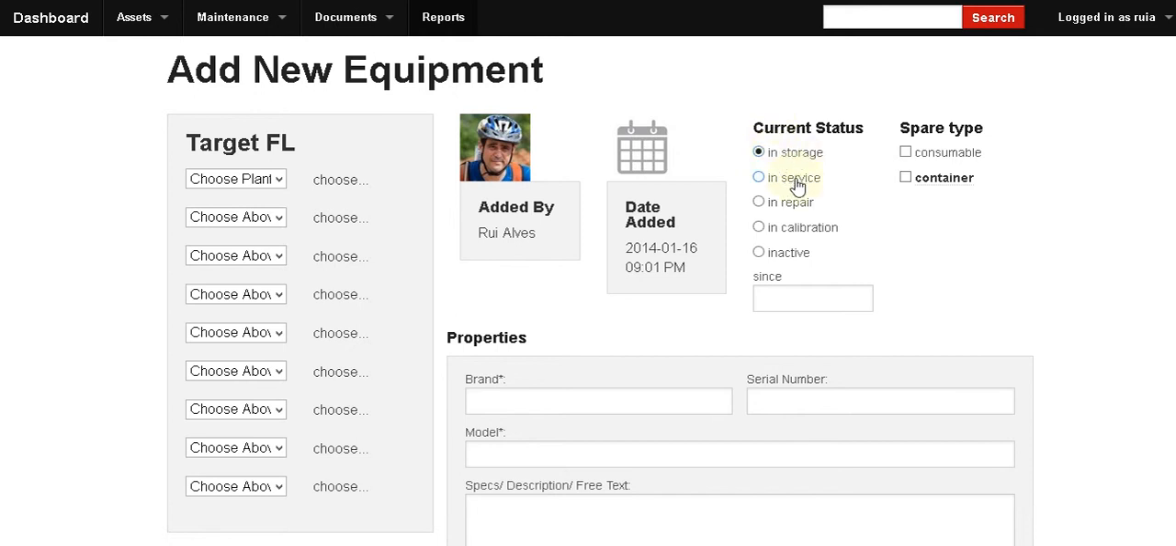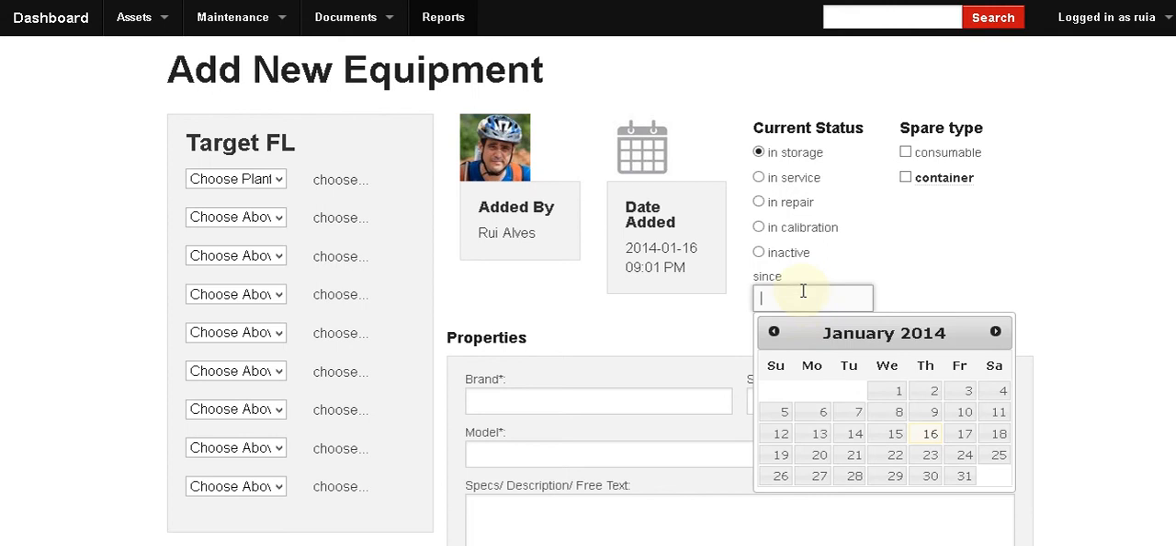If this was to go directly into service, or if I am just catching up on all the information and inputting all the information in Comma CMMS, and this particular unit was in service, then obviously I'll select in service here. But okay, we'll start by imagining that I bought a new motor and I bought it as a spare. So it started as in storage, and because it arrived to our facility today, we're going to choose